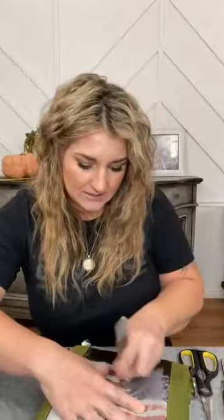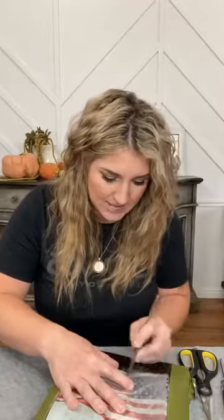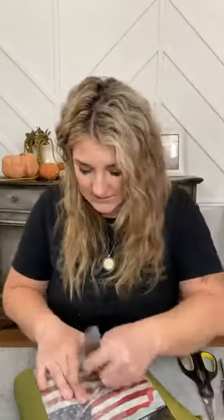I do seal my purses with Wisel furniture salve, but I seal the transfers first with a different spray, which I will show you. Once that's dried, probably a day, I let it sit for a day, then I go ahead and apply Wisel furniture salve over the entire purse, and I seal the whole thing, including the part that I have sprayed the sealant on. The spray over the transfer is matte, so you're not going to see it if you get spray in other areas of the purse. It's not going to change the sheen to really shiny or anything like that, which is nice. And it just helps to protect it